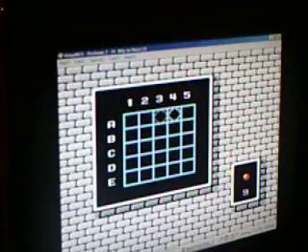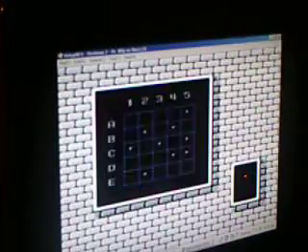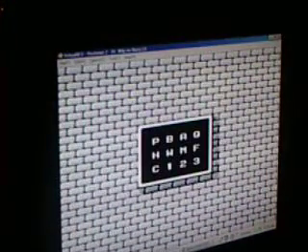Okay, A5, B2, B4, C1, C3, C5, D4, D5, B2. Because he didn't change the cheats at all. Now, Flashman,